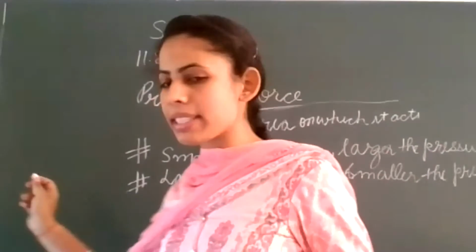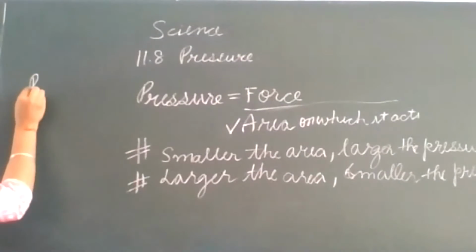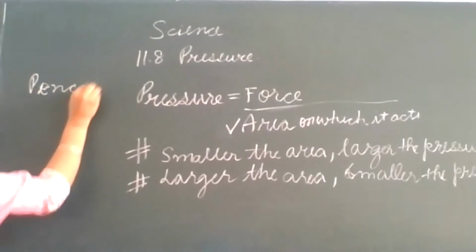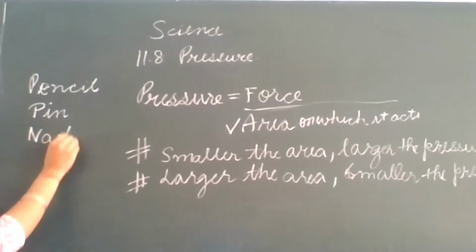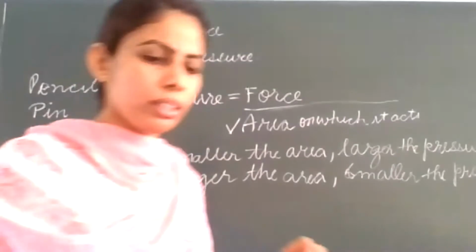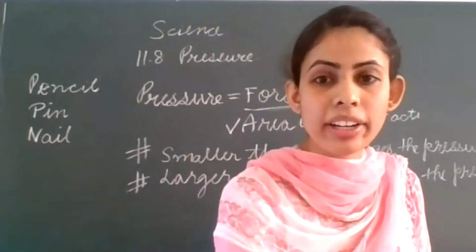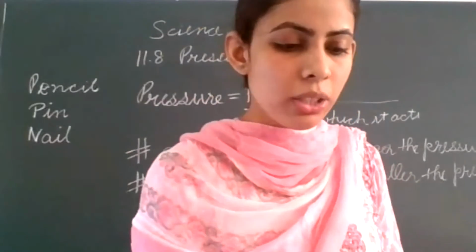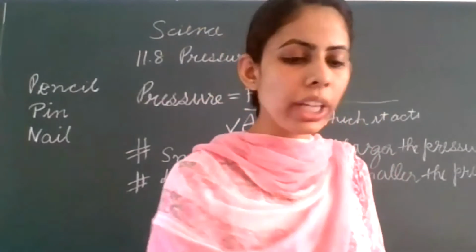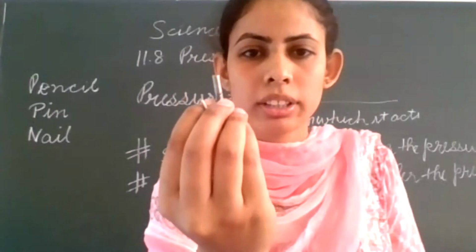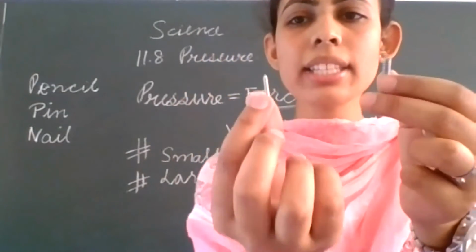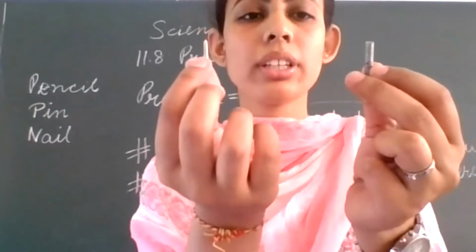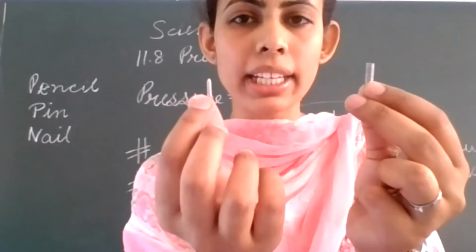We have taken the example of the pencil, and then we have done the example of the pen. Now we will do the example of the nail, the iron nail. I have two types of nail, this type and the second of this. You are seeing this dark area, which has a small area.